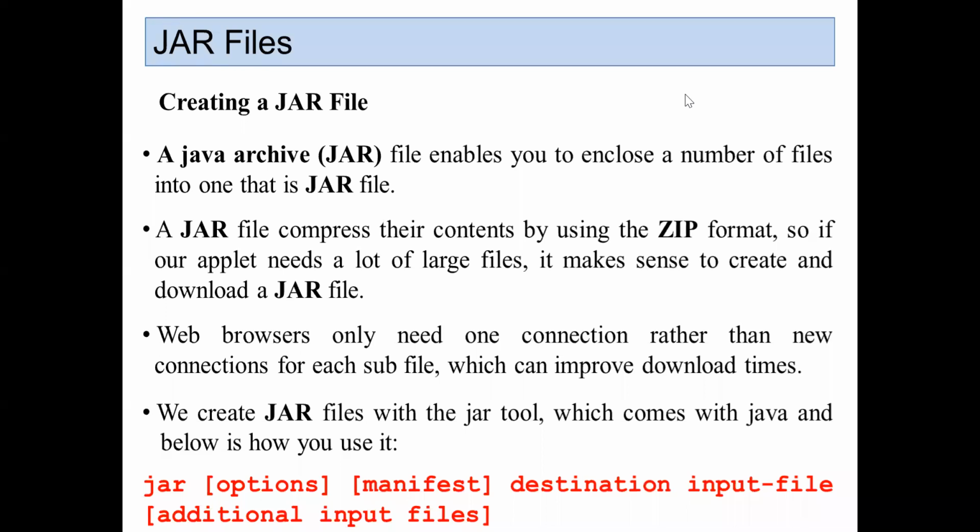Okay, good morning, students. So today we can start with a jar file. So what do you mean by jar file? A jar file is nothing but a Java archive. Means we have to compress a very large file into a very small piece of content. We can call it a zip file, or we can also call it a jar file. So in Java, we call it a jar file.